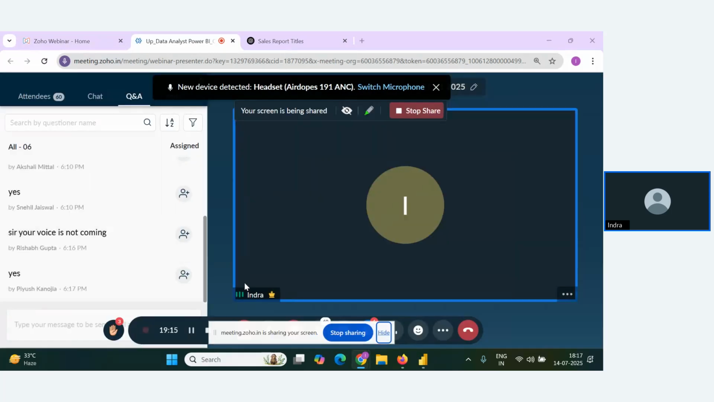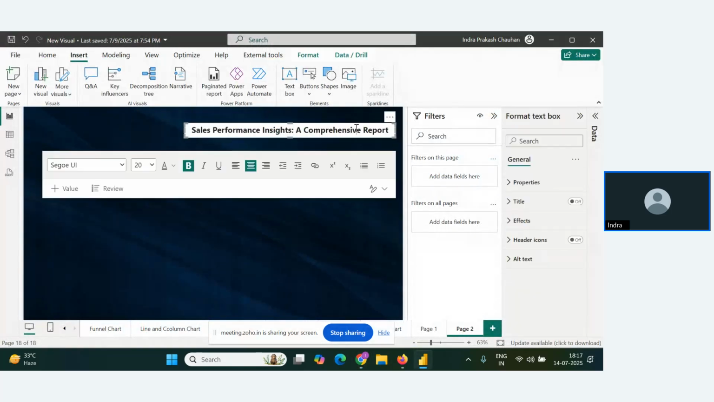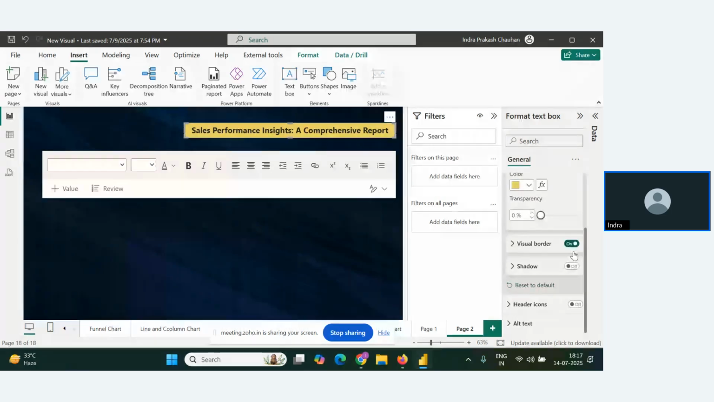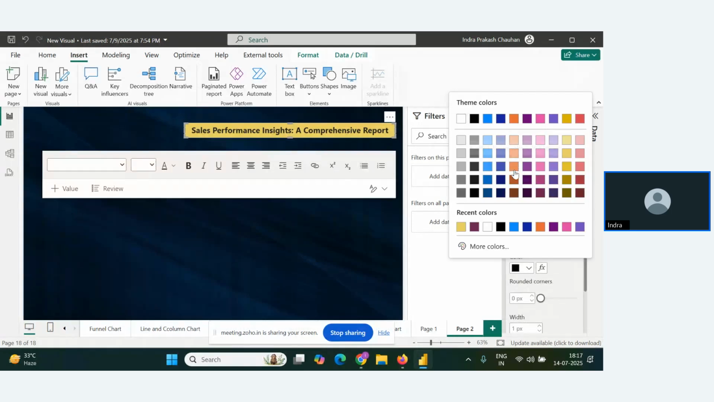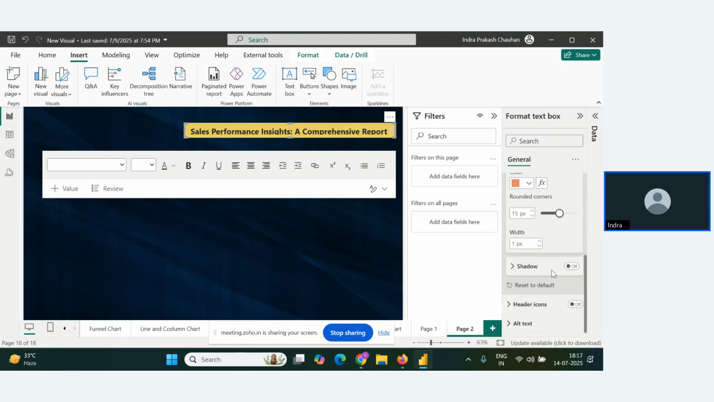Okay, thank you. So I'm just giving the heading now. Let me format this title. So I'll go to the effects color. Let me change it to some other color. Make it yellow. Visual border. I want some black borders. Instead of this, I'll change the color of the border to some other color. Orange. Rounded corners, do you want? Yes, 15 pixels and width of the